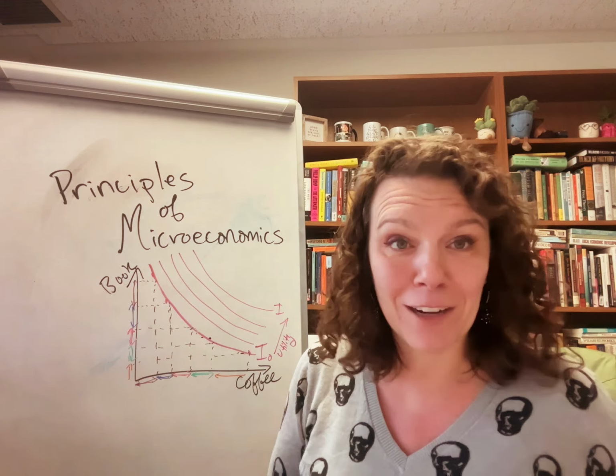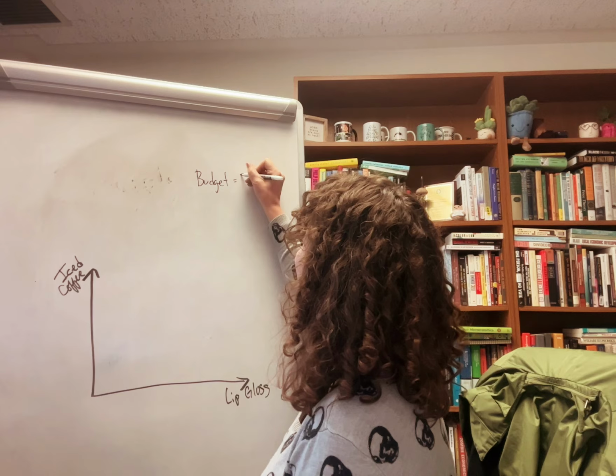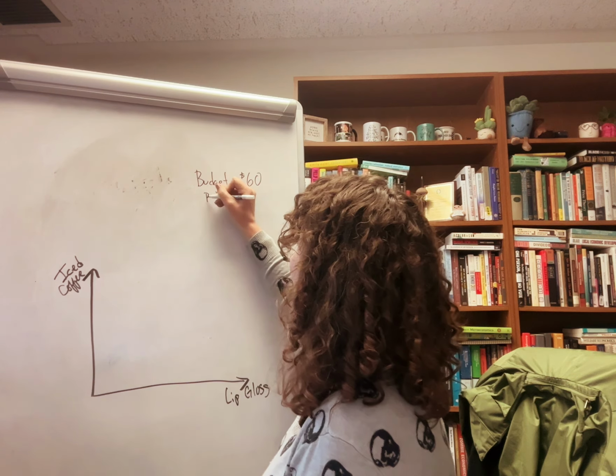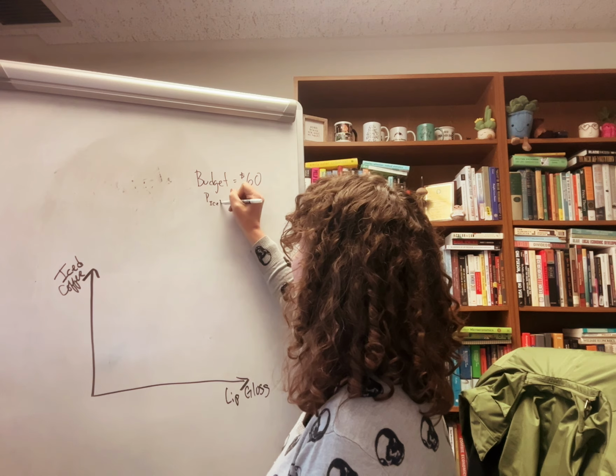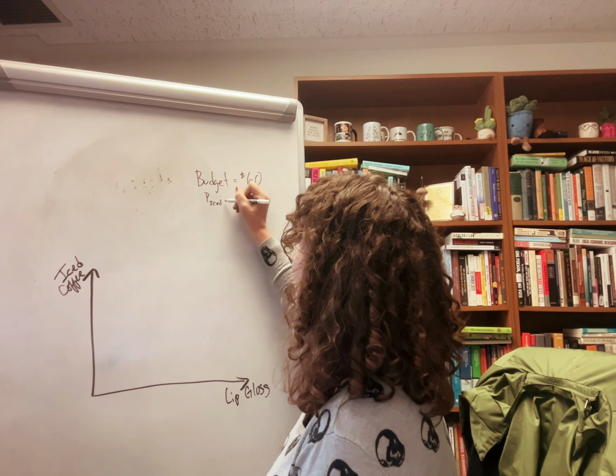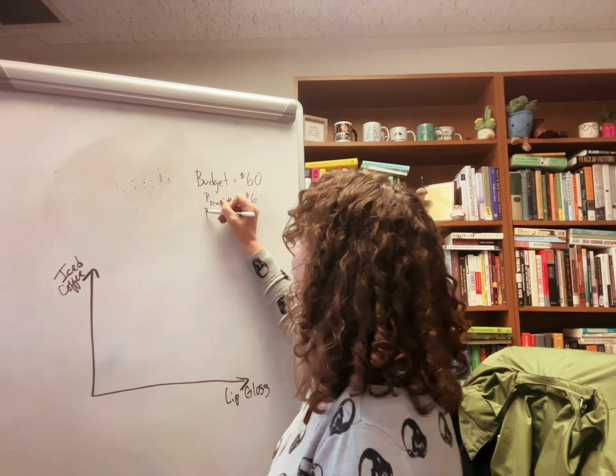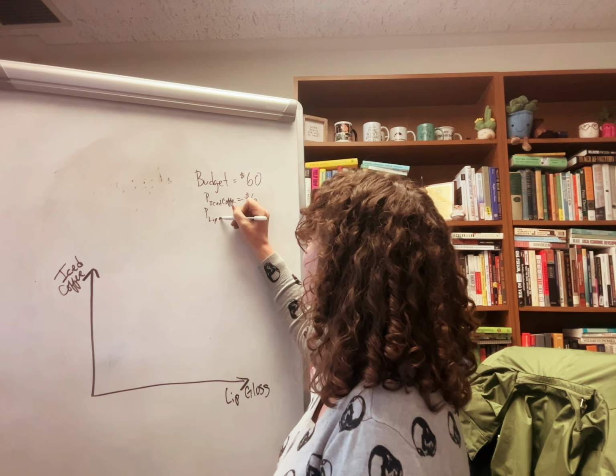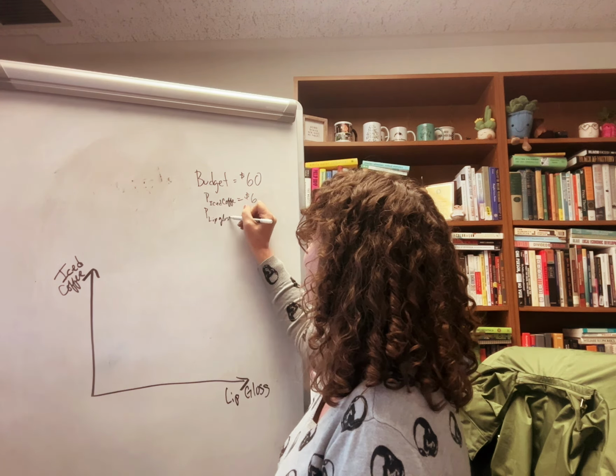And she's going to have as our sort of starting point, I'm going to get rid of this title so I've got space to write our conditions up here, our assumptions. We are going to have a budget of $60. And we're going to have the price of iced coffee be $6 and the price of lip gloss be $4. And then we want to graph that budget constraint, remembering, of course, that our budget constraint is just